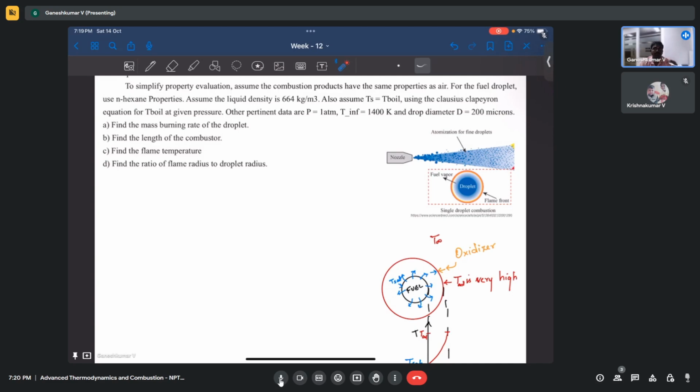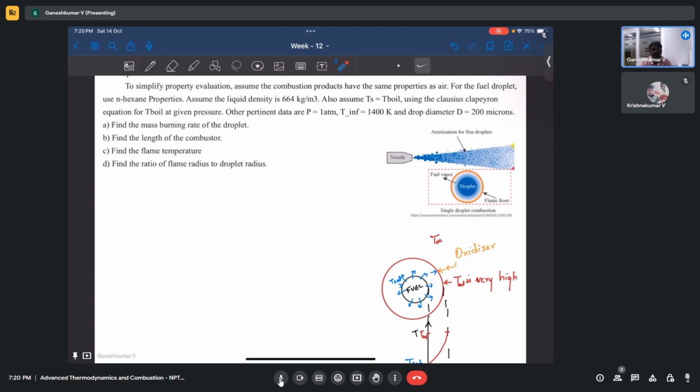What are the different parameters my droplet lifetime is going to depend on? Let's say if I have higher h_fg. So for phase change, we need some energy, right? So if I require higher energy for phase change, will my droplet lifetime increase or decrease? Those are the questions you can qualitatively answer by this kind of analysis, and that's why it is very essential. It will also give you physical insights into the problem. What are all the parameters your design is going to depend on, and how it is going to affect, right? Those are the important physical insights you can get.